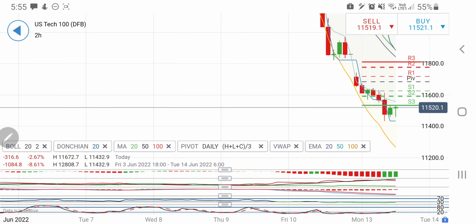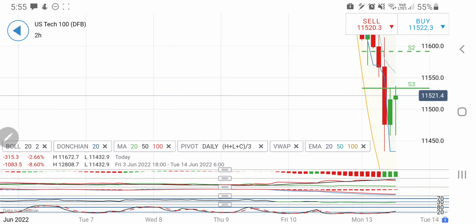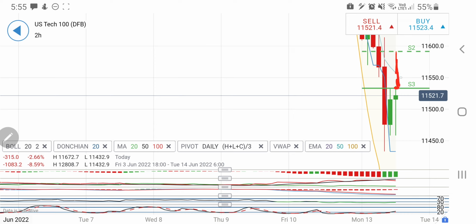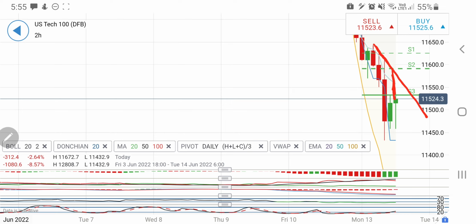On the 2-hour charts you will find that at this pivot at around 11,530 levels, it is getting a little resistance, but once it trades above this level, one can expect that it can try to hit this zone at 11,600 probably, which may be a little resistance before it looks forward to any further upward move. And if you connect the dots here, it also confirms that there is a little resistance at around 11,585.90, and if it breaks past 11,590-600, then the next target is this zone.